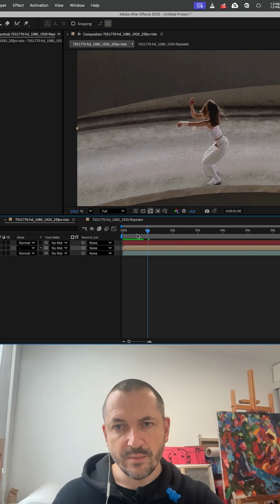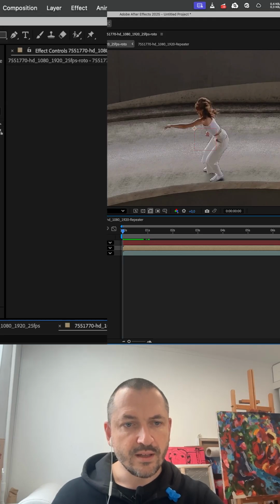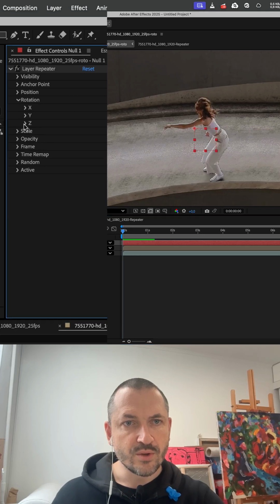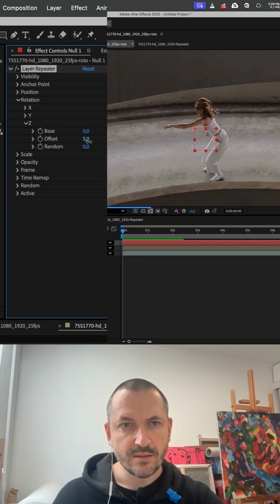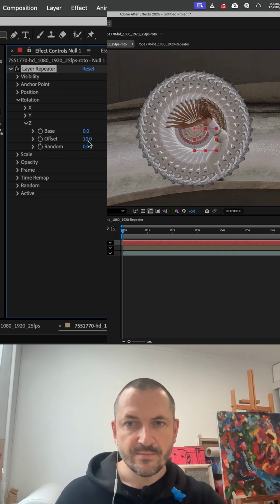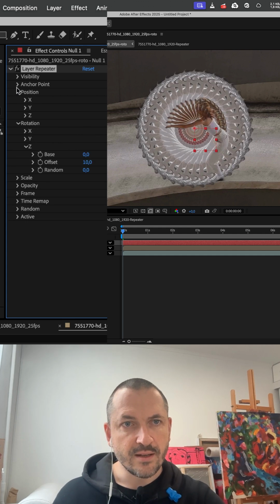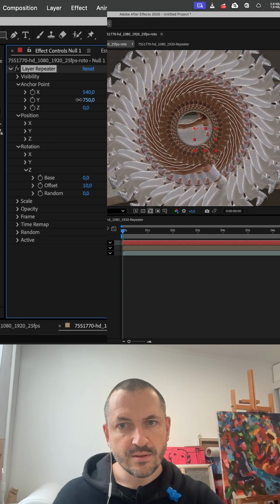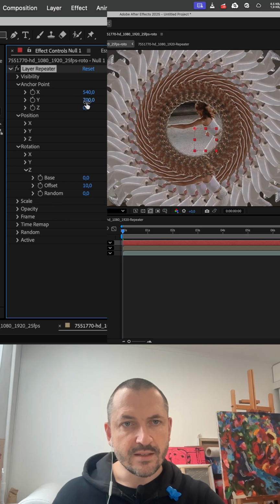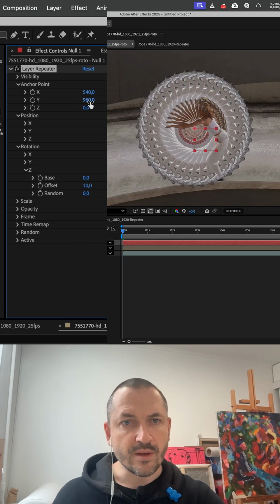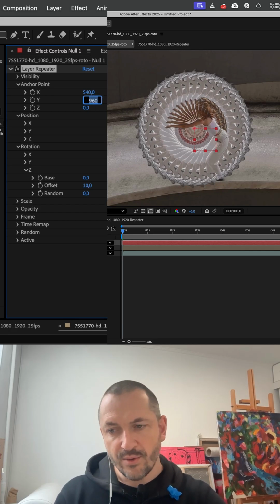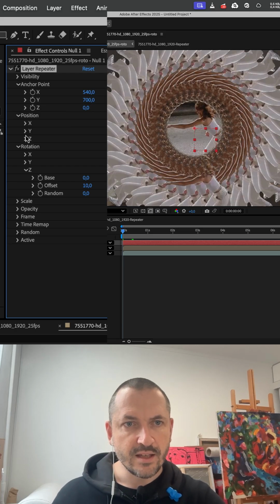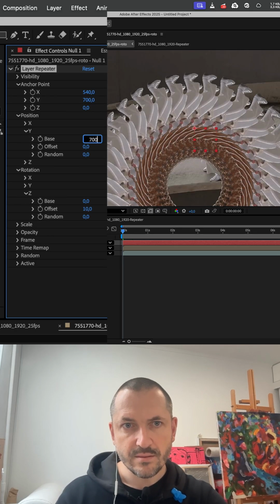And now just to animate it, we can go here on the null object, and what I need to do is to use offset here. 10 degrees is to make a circle. Then I need to adjust the anchor point like that, and you need to remember if you're going down, 930 minus 260, and here in position I need to adjust it, also make it 700.